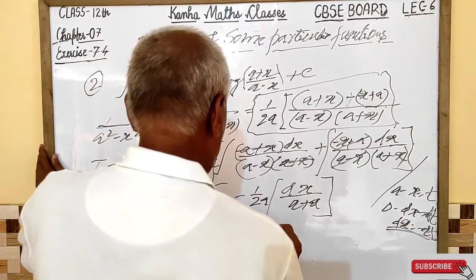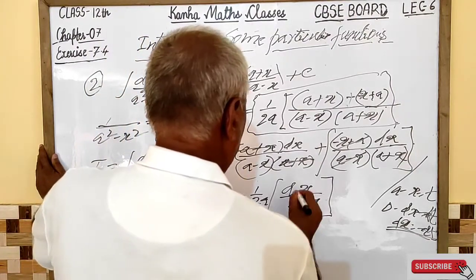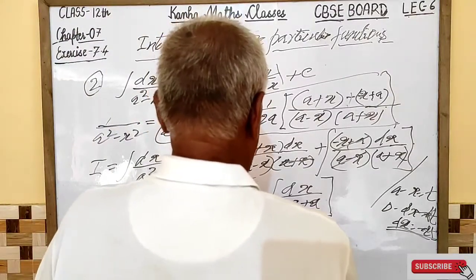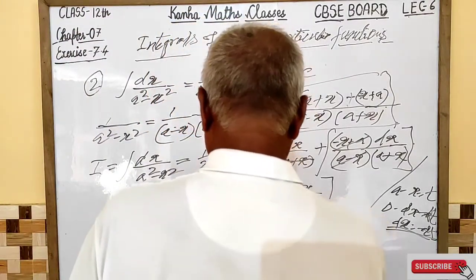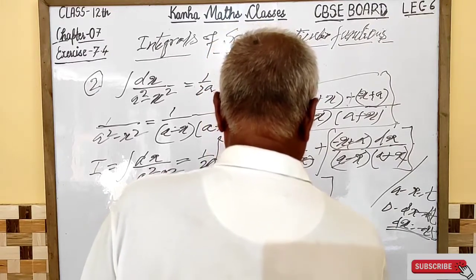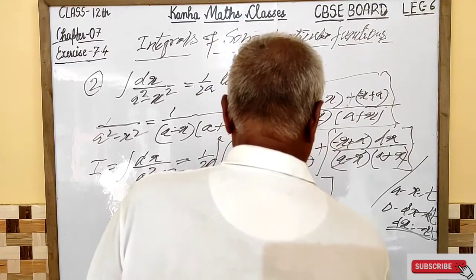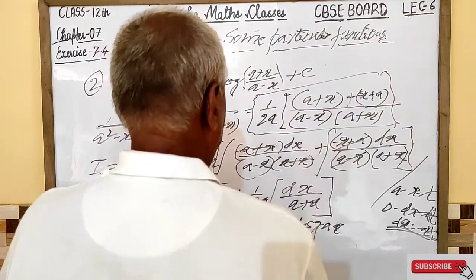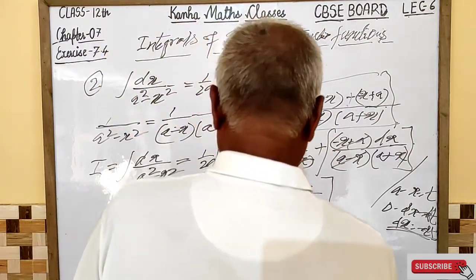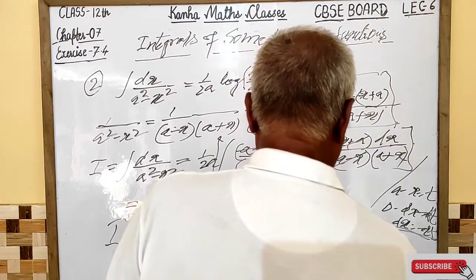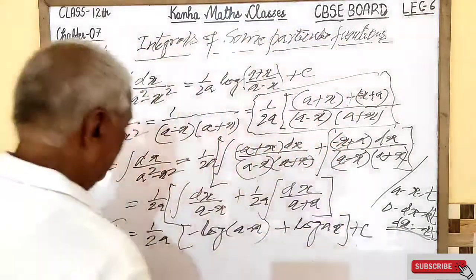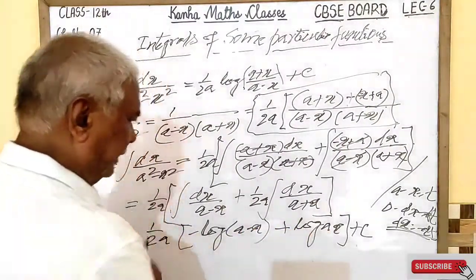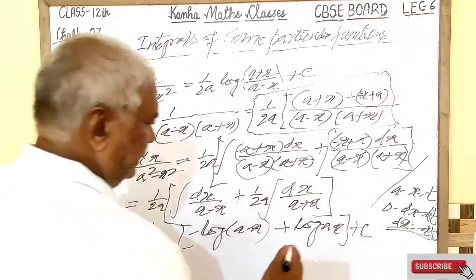and here you will be equal to this log a plus x, log a plus x, and here this is plus log a plus x plus c. Now if you observe the function within the bracket, you must observe that this is log